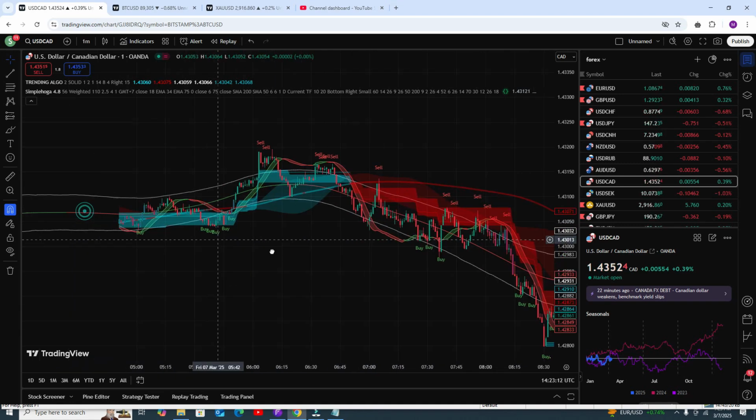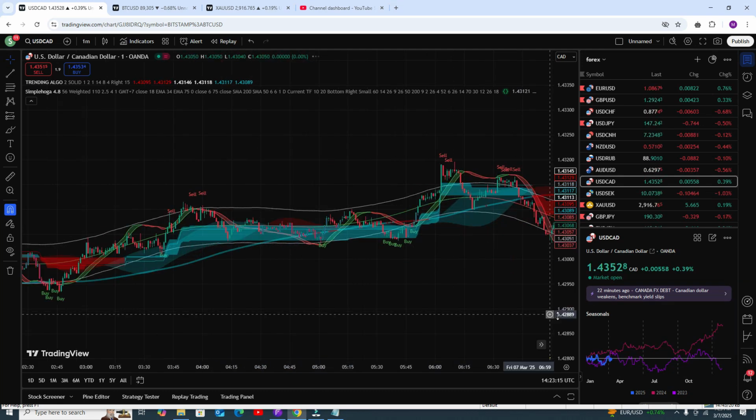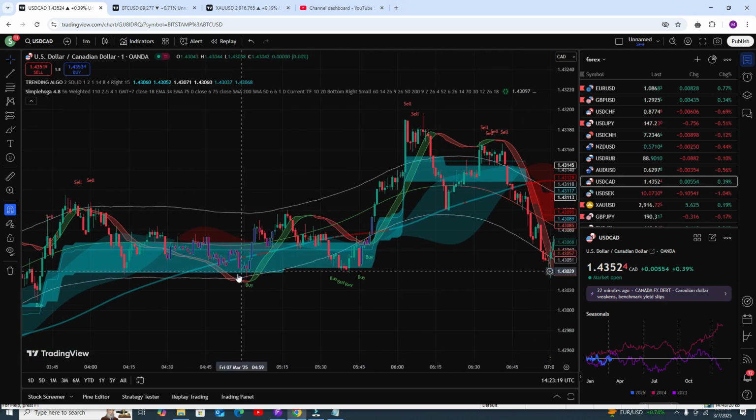You can see another example. Blue trend means buy trend, and you need to follow the buy signal. These are the confirmed signals. When the RSI is below the lower band line, you get the buy signal. These are confirmed signals, with around 90% to 100% accuracy if you use these two indicators.